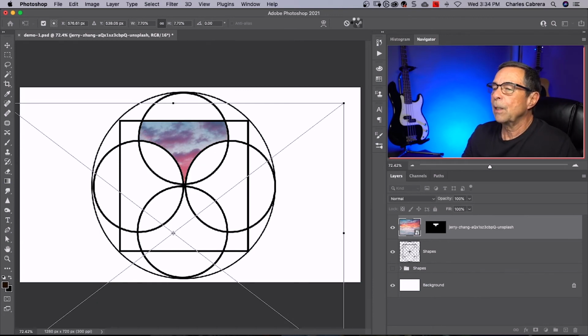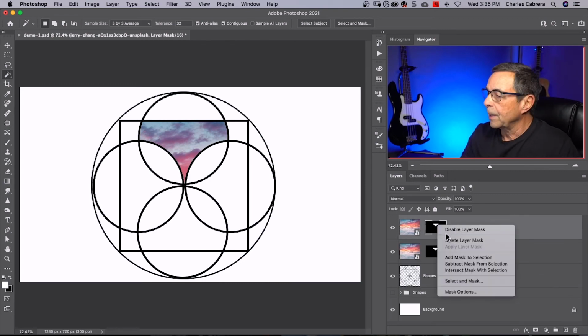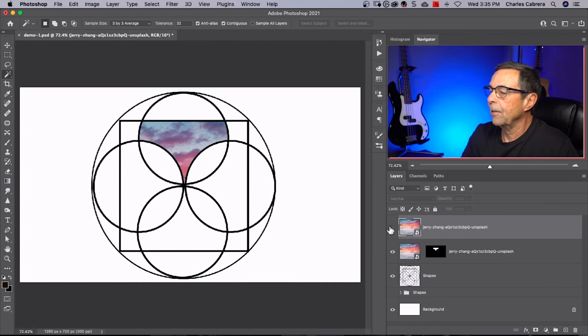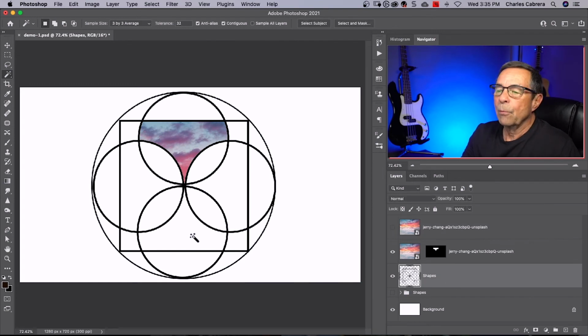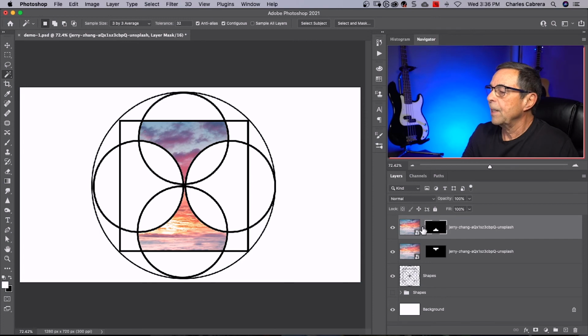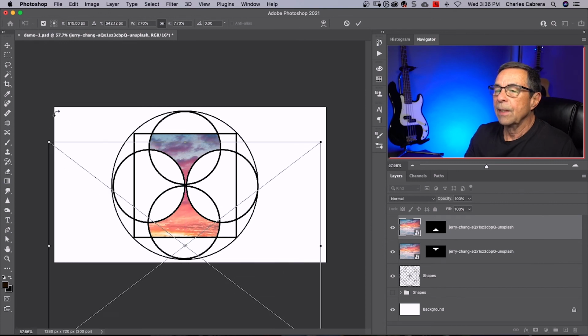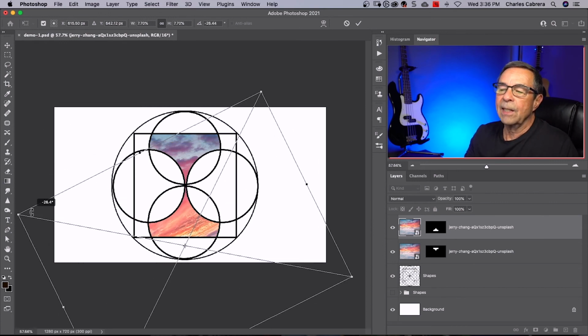If I click my check mark, so this is going to be a pattern here. I'm going to duplicate the last layer that I was on. I'm going to delete the layer mask, hide my layer, come down to my shapes, get my magic wand tool, click and select an area, come back up to my image, make my image visible, get my layer mask, click on this link here, and now select my thumbnail, say Command T, and I can move this around any way I want. You can also rotate to get a different pattern.